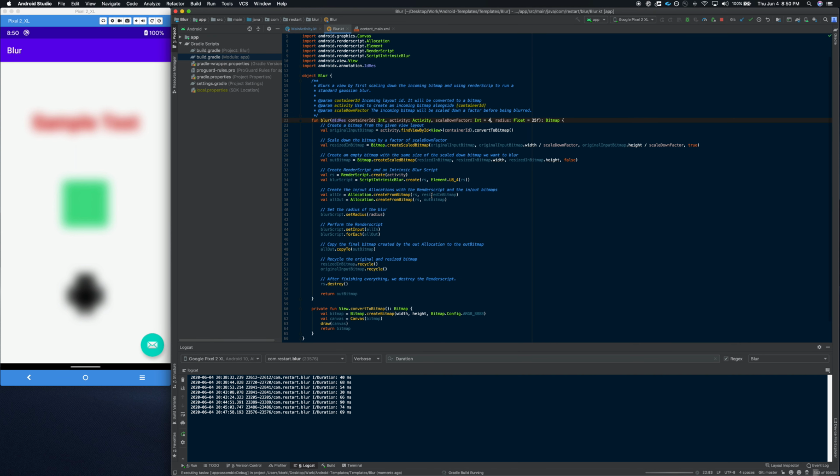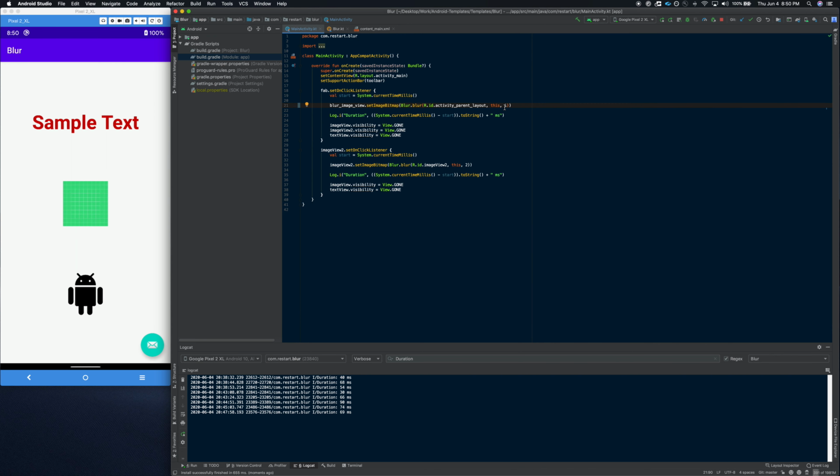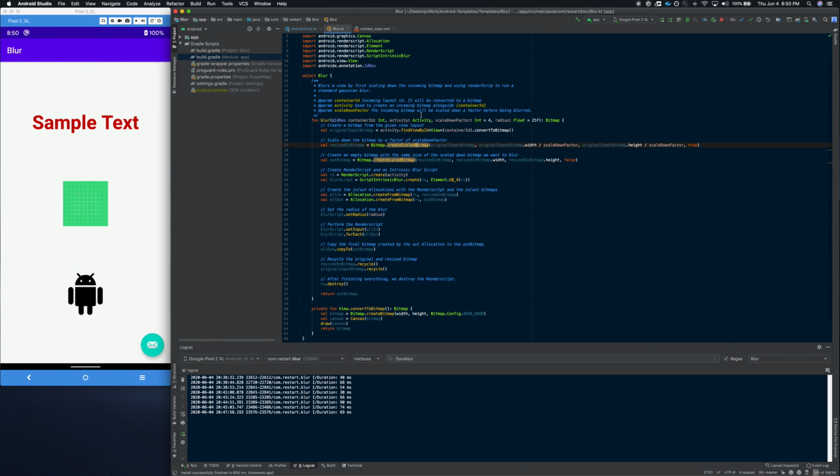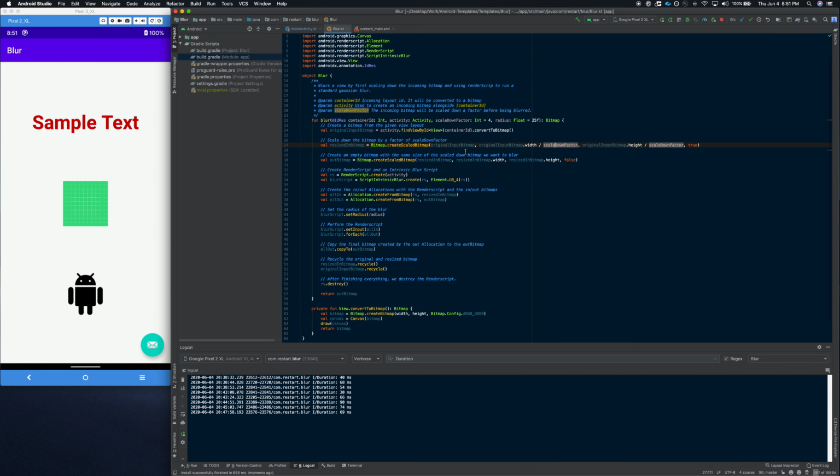So the way that it works is that we are creating a resized bitmap from the original one. Right now I set it as 1, which means keep the width and the height of the original bitmap. We will be dividing it in this case by 1. So the scale down factor that I compiled at this moment is 1, which means that it will not be